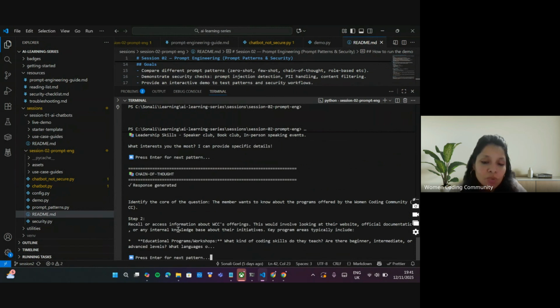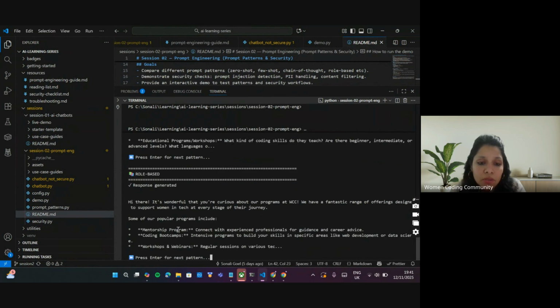Again, you could see that the response is restricted because I restricted the response length to certain characters. So you can extend it based upon the prompt pattern you are using. I would really think that chain of thought would work really well when we are working through agents, because the agents have to think through in different steps and then respond.